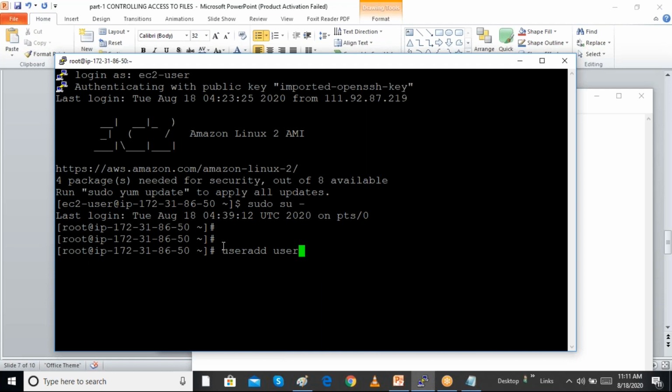A group is also required, so I am giving groupadd group 2, and useradd user 2.